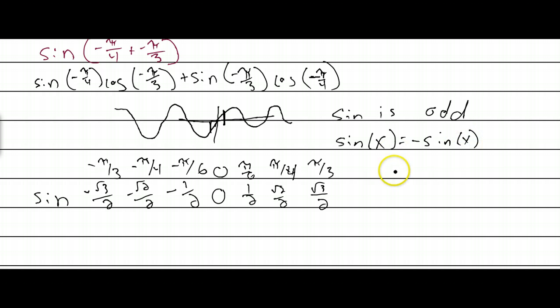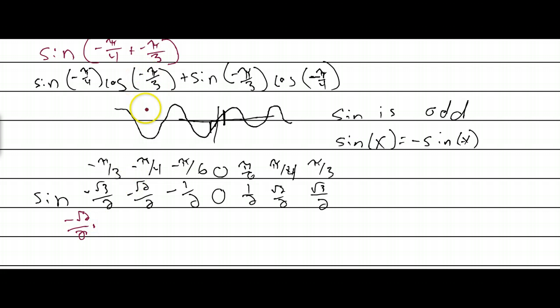So you're going to put it in, it's just going to be negative. Okay? That's all that means. Alright. So now we have our two values. So we have sine of negative π over 4. So that is going to be negative square root of 2 over 2